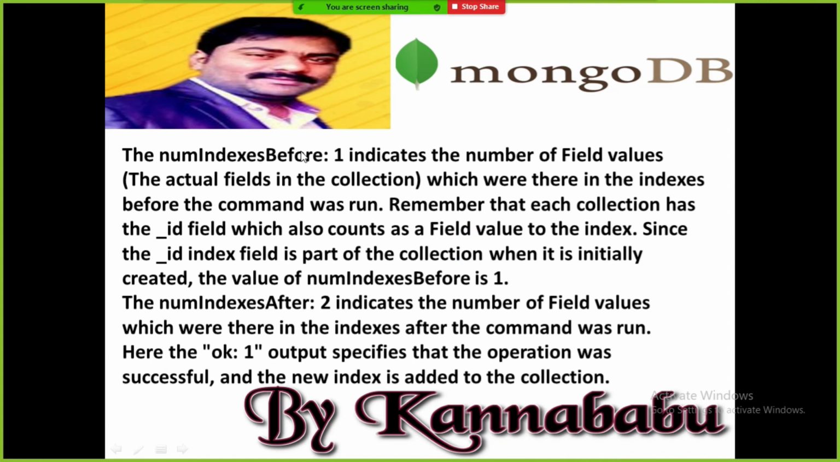So that's what I'm telling. The number indexes before, one, indicates the number of field values which were there in the indexes before the command was run. Remember that each collection has an ID field, which also counts as a field value to the index. Since the ID index field is part of the collection, when it is initially created, the value of number indexes before is 1, because by default ID is applied a unique index. The number indexes after, 2, indicates the number of field values which were there in the indexes after the command was run. After the command was run, what happened? One index was applied on ID, so that is one, and on employee number, so totally 2